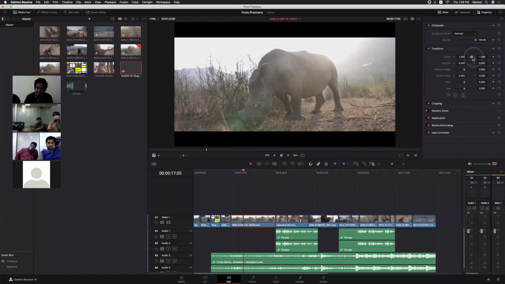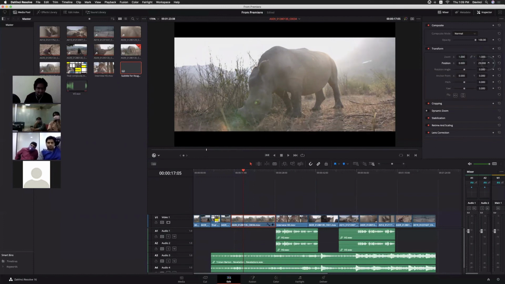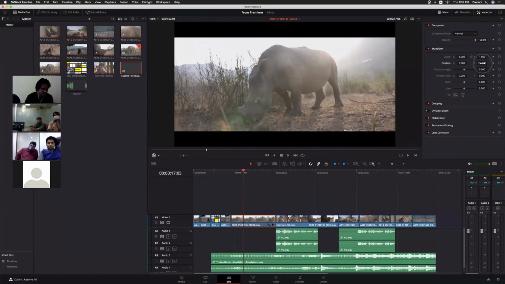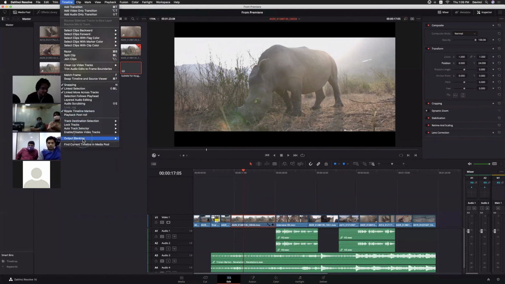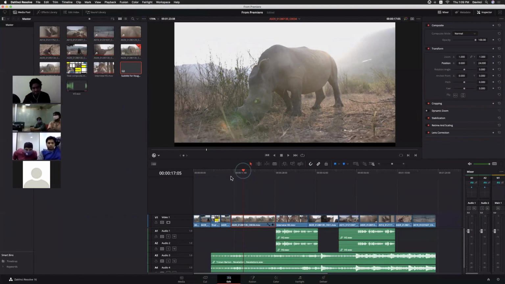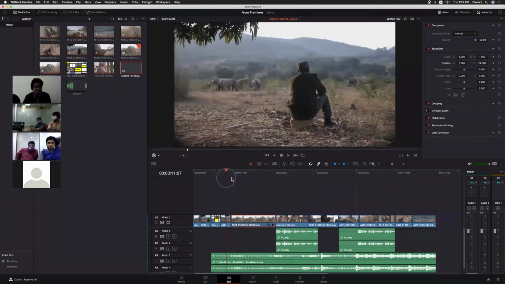Let me say this one, and we can always adjust the Y offset for a particular clip, and if there is some tight chart, we can always do that also, right? Instead of adding the letterbox filters or pillarbox filters, we can always use this option, timeline output blanking. Okay, the reset and everything.